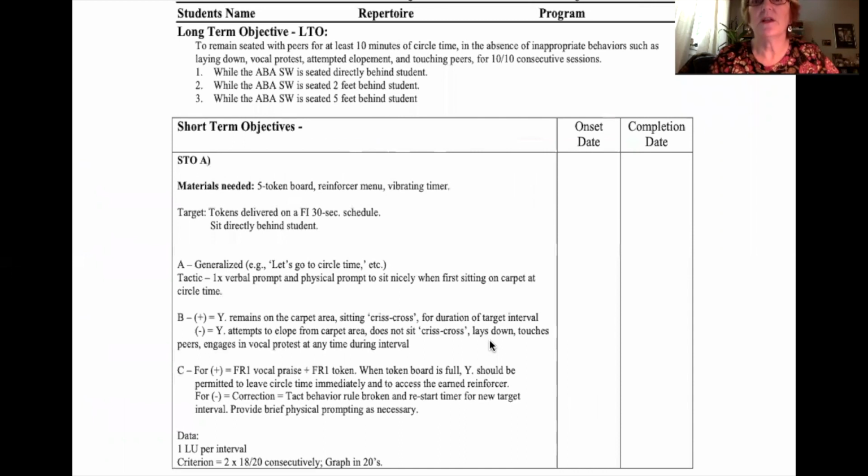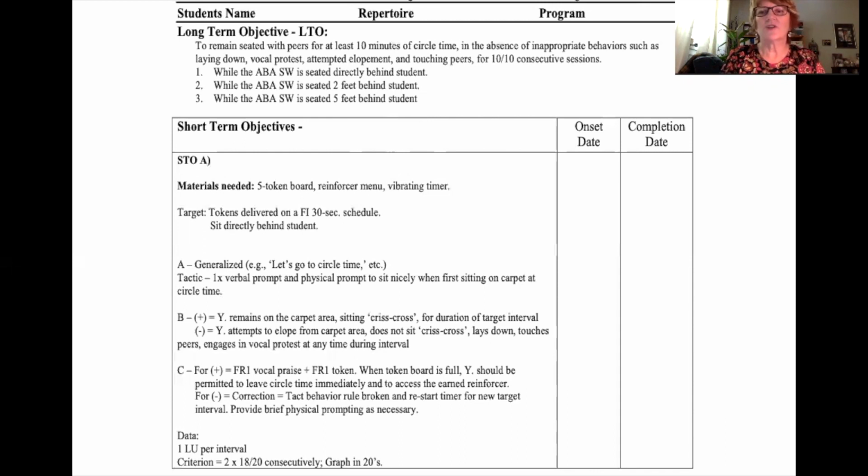So here's an example of an ABA program in the school district. The long-term objective, this is for a child to sit in circle time. Now, I can speak with experience on this. I'm a teacher. I was a math teacher for 30 years, but I'm currently a teacher on call, and I go into anywhere from kindergarten to grade 12 into classes, and often I am a resource teacher because they're very short of resource teachers. These are teachers that help with special ed students. And I was popping into a class to let a teacher know that I was coming later in the day because the resource teacher was away.